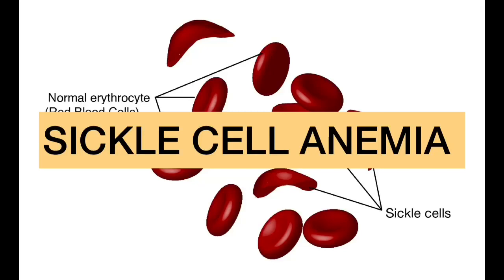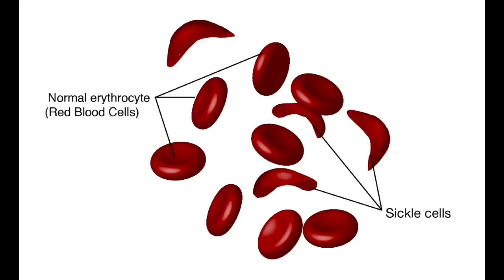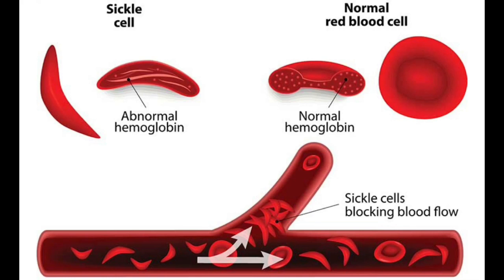Normally, red blood cells are shaped like discs, which gives them the flexibility to travel through even the smallest blood vessels. However, with the disease sickle cell, the red blood cells have an abnormal crescent shape resembling a sickle. This makes them sticky and rigid and prone to getting trapped in small vessels, which blocks blood from reaching different